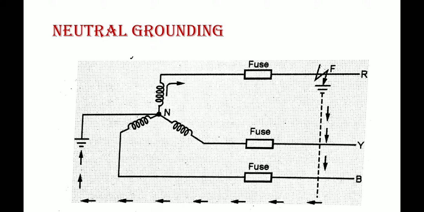See here, suppose an earth fault occurs on the system. Earth fault, as I told, is nothing but the fault between the live conductor and the earth itself. During such a fault, the current path is completed through the earthed neutral and the protective device. Keep it in mind. So what is earth fault? It is nothing but the fault between the live conductor and the earth itself. This is called an earth fault.